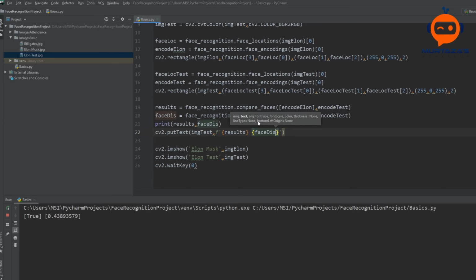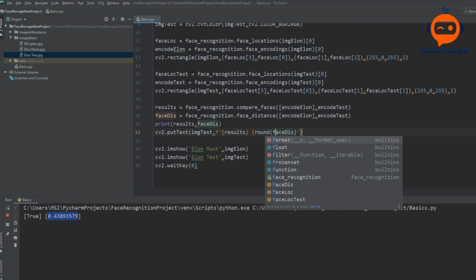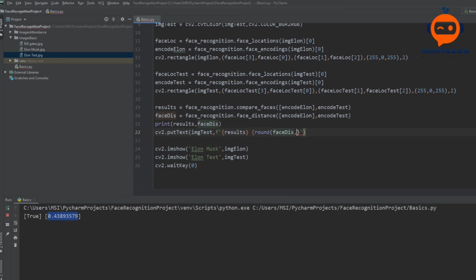The distance is in decimal places and it's very long, so we can round it off. So we can say round to 2 decimal places, and then we can give in the origin. Let's put 50, 50, and then the font.